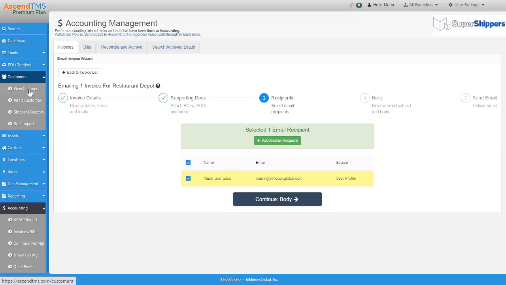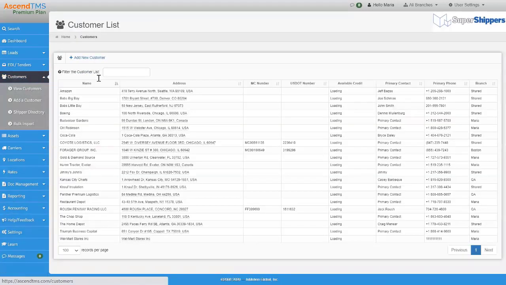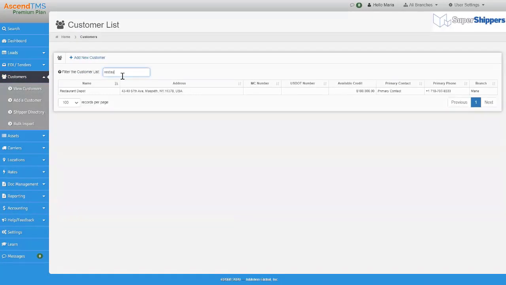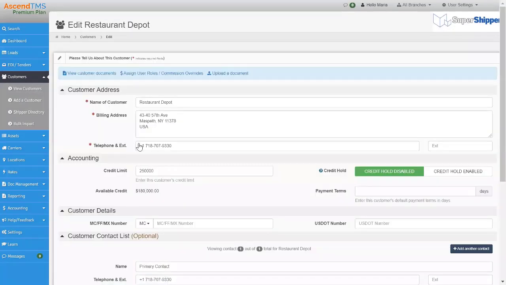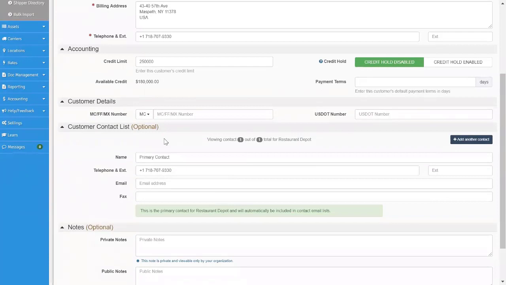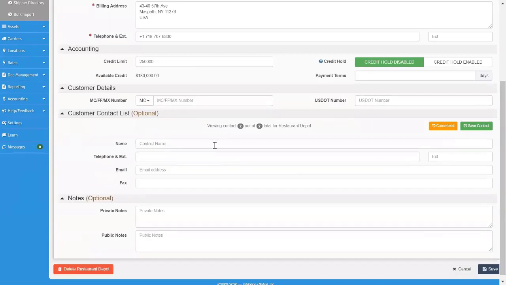So I'm going to come into view customers for a minute. Forgive me, guys. Let me just change this really quick. Inside your customer profile, in the customer contact list, your primary contact should be in place. And if you had any additional contacts, so if you go to add another contact, we're going to call this